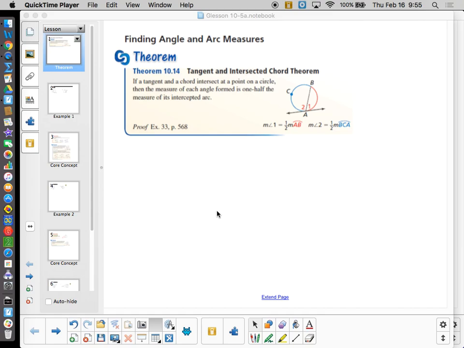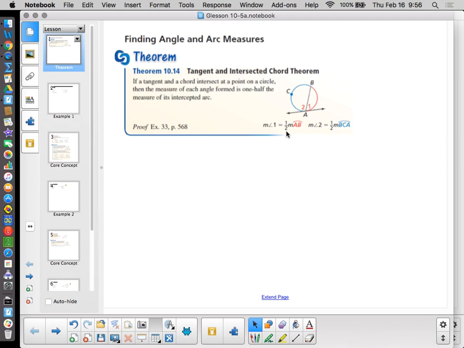Now, there are a couple theorems that come up here that really aren't presenting anything new. They're just special cases, so we don't get too excited about them, but it's still useful. Theorem 10.4 talks about what happens when a tangent intersects a chord instead of two chords. Well, essentially, if I look at this picture, and I'll expand it a little bit,